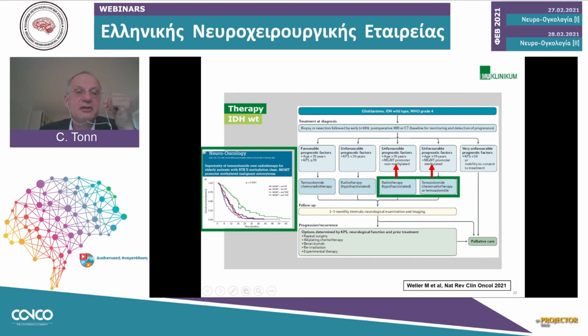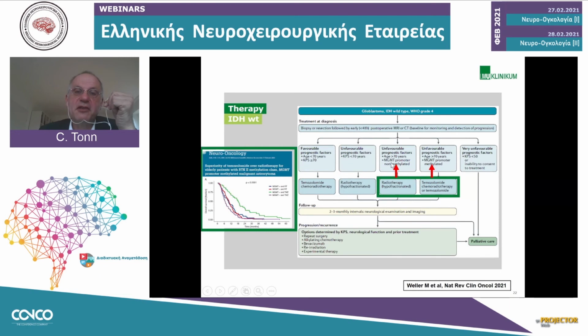These were the data where you see that MGMT methylated patients with temozolomide only did much better than the same cohort without MGMT methylation. But even the radiotherapy group with methylation did a little bit better when they were irradiated than without irradiation. However, these differences were very small, so people then came to the suggestion that radiotherapy in this unfavorable prognostic group